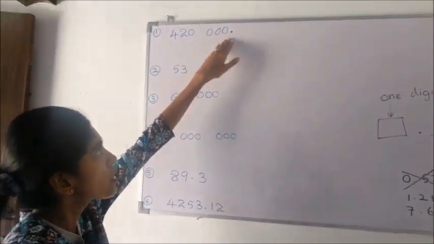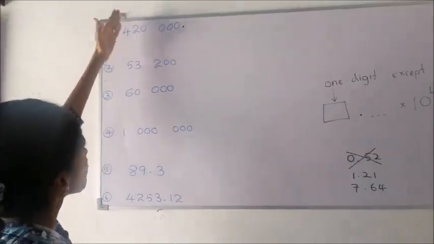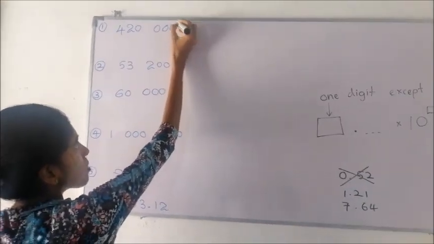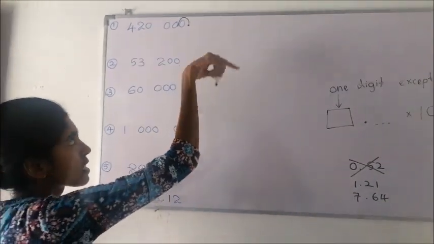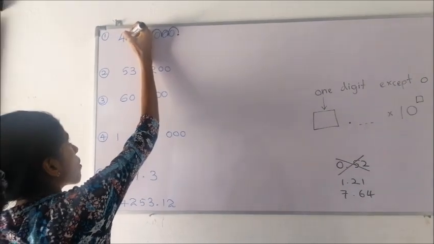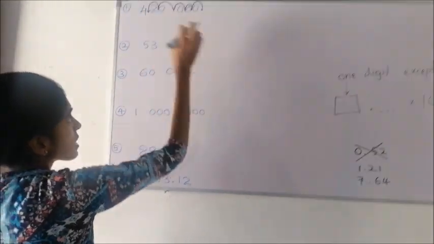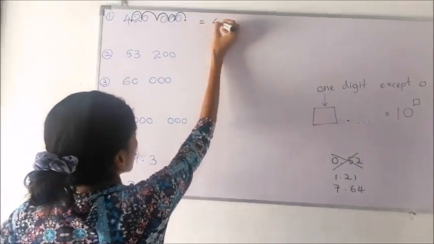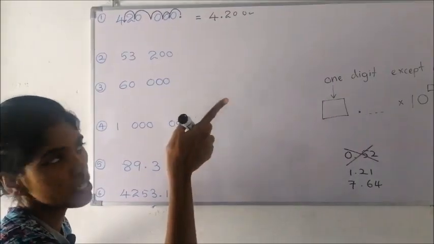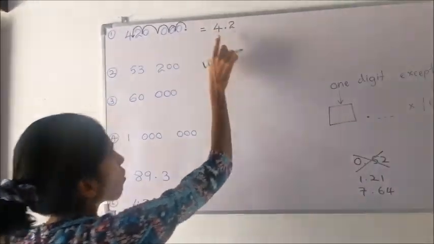Now, we need to take this decimal point forward until we get one digit in front. See how many times we need to send this decimal point. You must send it digit by digit. 1 2 3 4 5, only 5 times. So now the decimal point is not here, now it is here. So how can we write the new number? 4.2. Do we need to write these zeros at the end? No need. In a decimal number, end zeros are not needed. So I am just writing 4.2.